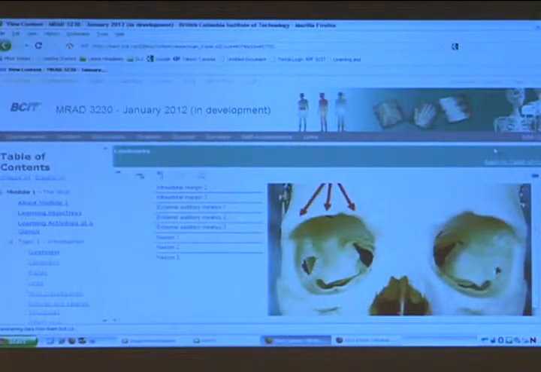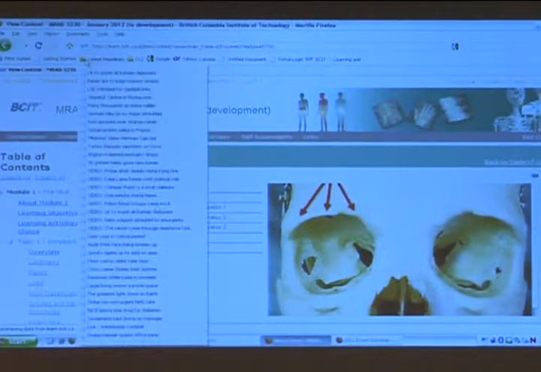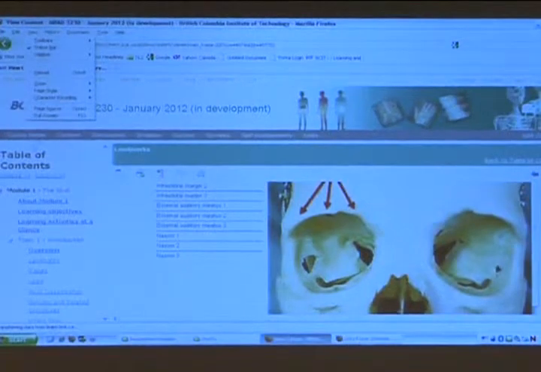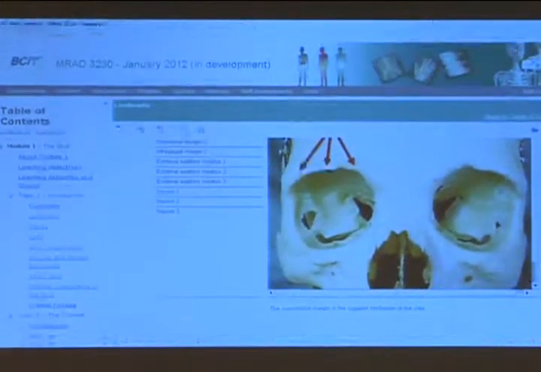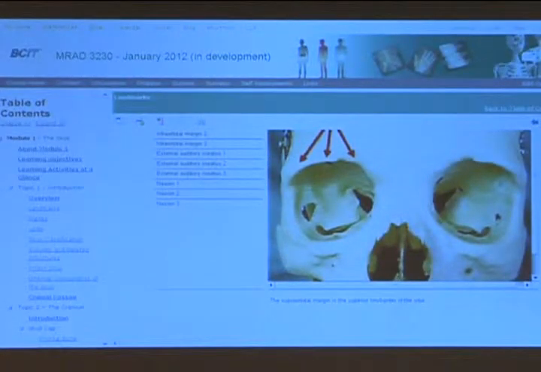Okay, can we have full screen? So this is still,